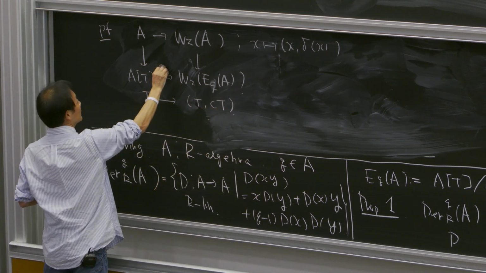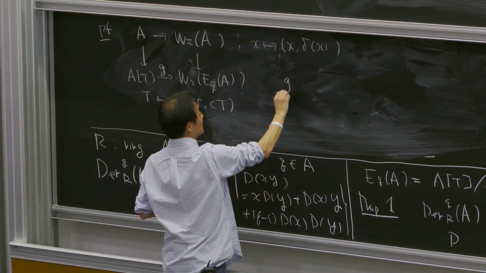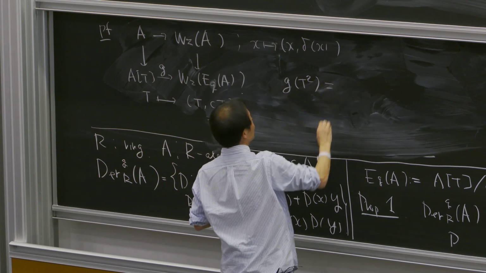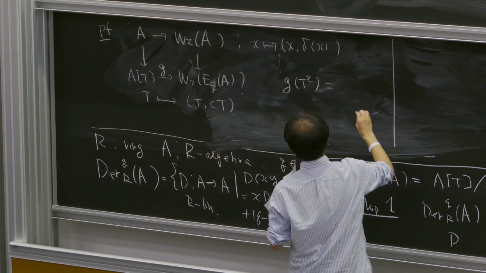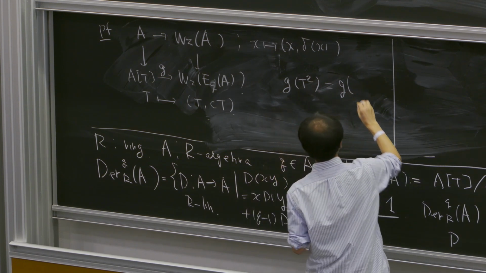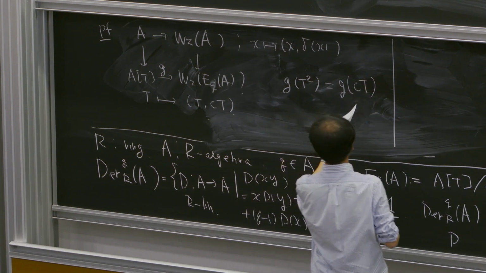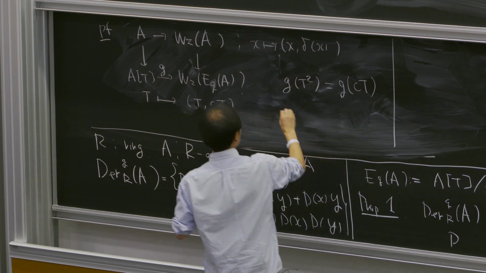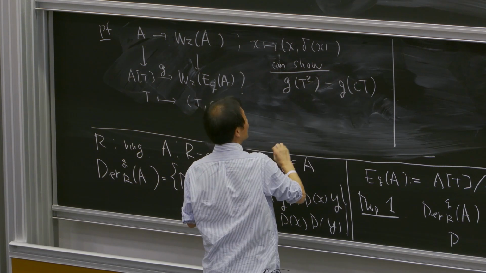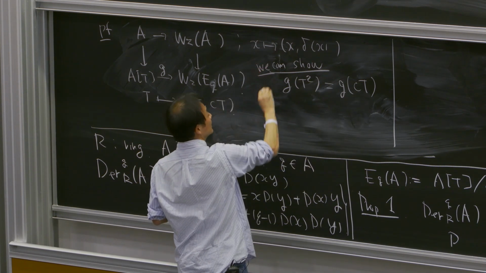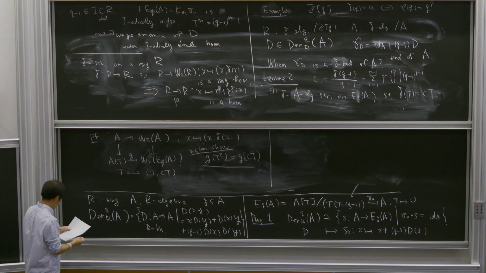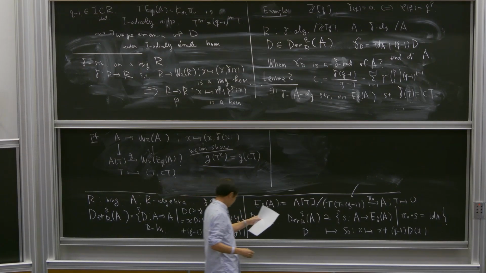And so one can show that the image of T squared is the same as the image of CT. So we can show this one. So this is just a computation. So actually, this is quite easy to check. And then